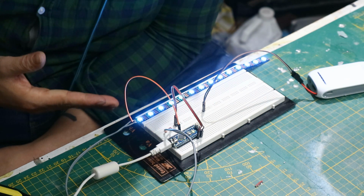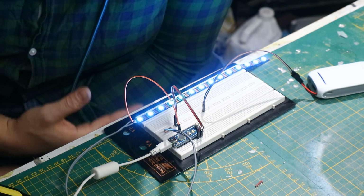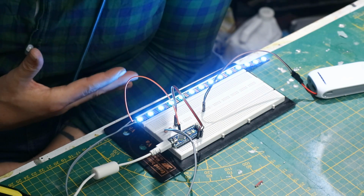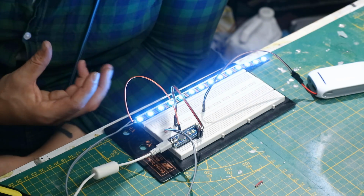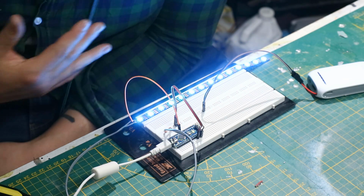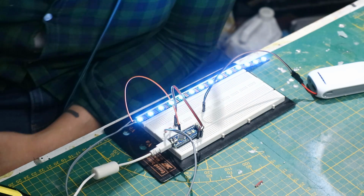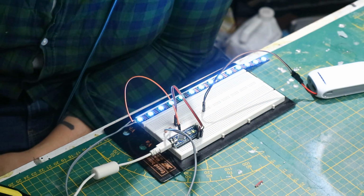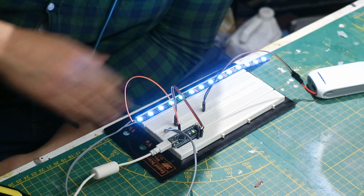Now we've kept the blue, and you can clearly see, and you can even see it in the reflection on my shirt, they glow, they fade, but they don't go off all the way. And now you get this luminescent glow to it. And this effect you can do in a rainbow of effect. You know, just as I showed you before, you can do that with a red, blue, green, yellow combo next to each other. But then it won't go all the way off. And now you have this little bit of a glow effect. So this is